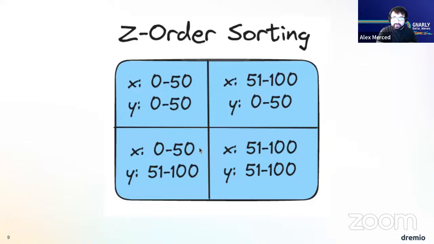But even if I only filtered based on X, so if I said, hey, I only want X of 25, well, that still helps me out because now I'm only scanning records in this bucket and in this bucket. So I've still eliminated all the files from the other two buckets pretty quickly. So that's the benefit of Z order sorting. Since you generally query regularly by 2 different fields or more, being able to cluster the data on the values across multiple fields allows for even more effective pruning of the data when you run a query.